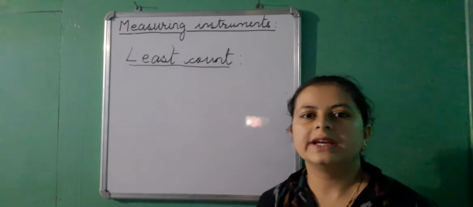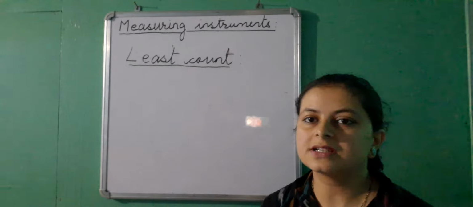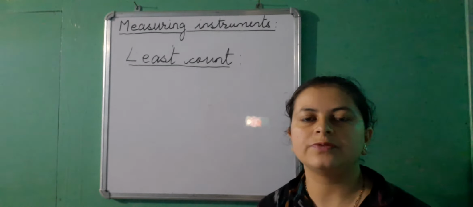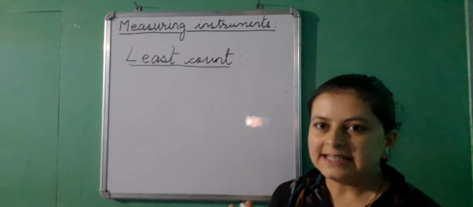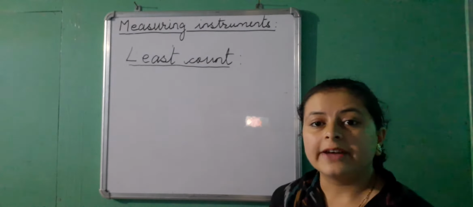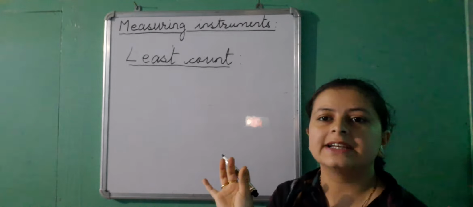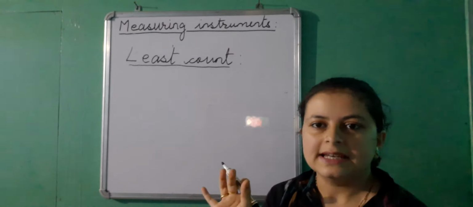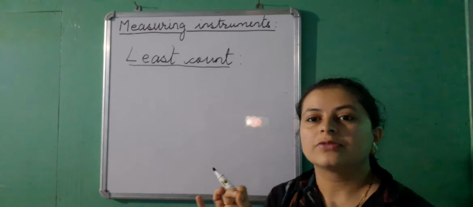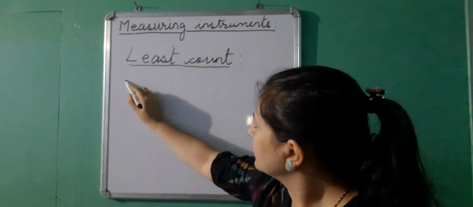So before we begin and before we jump into any of the instruments particularly, we will first learn what least count means in general for any instrument that we use for measurement. Least means minimum, okay? So least count, the definition is the smallest measurement that can be taken by an instrument is called least count of an instrument. So that means least count happens to be the value of the smallest division that occurs in the instrument. If I take